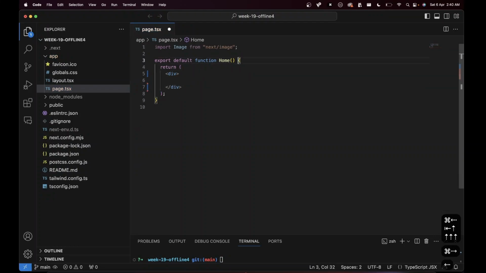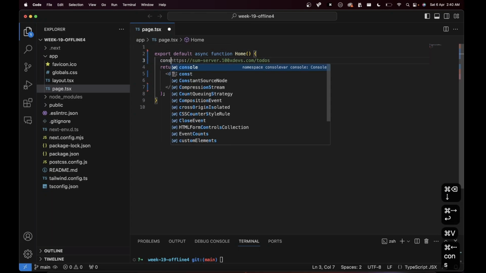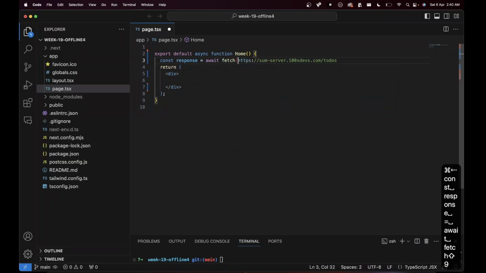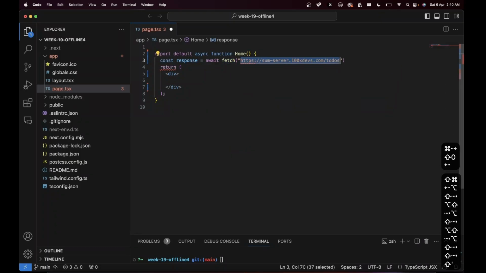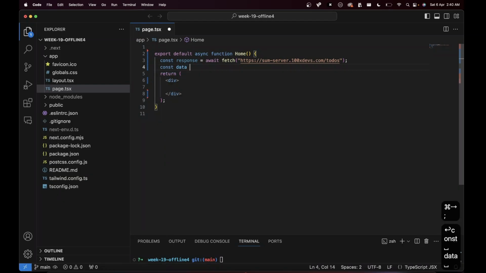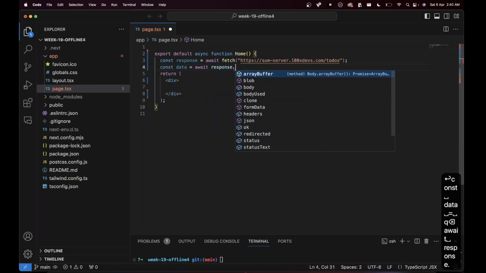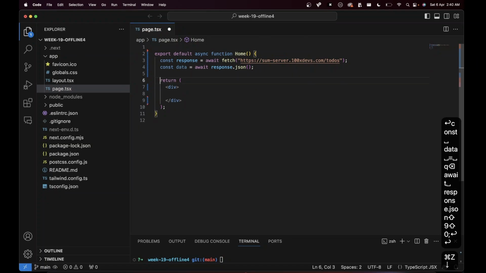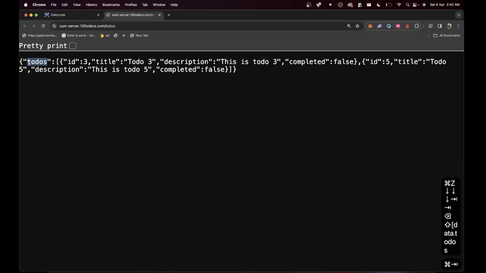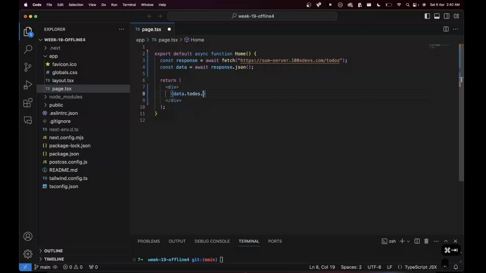And then since we are using Next.js 13 and it has asynchronous components, I would do this, Harkirat. Const response equal to await fetch this thing, and then const data equal to await response.json. And then I would do something like this, Harkirat. Data.todos, because that is what you get back from the server. You get back an object which has a todos key, which is an array of all the todos. So I would do a data.todos.map, todo div